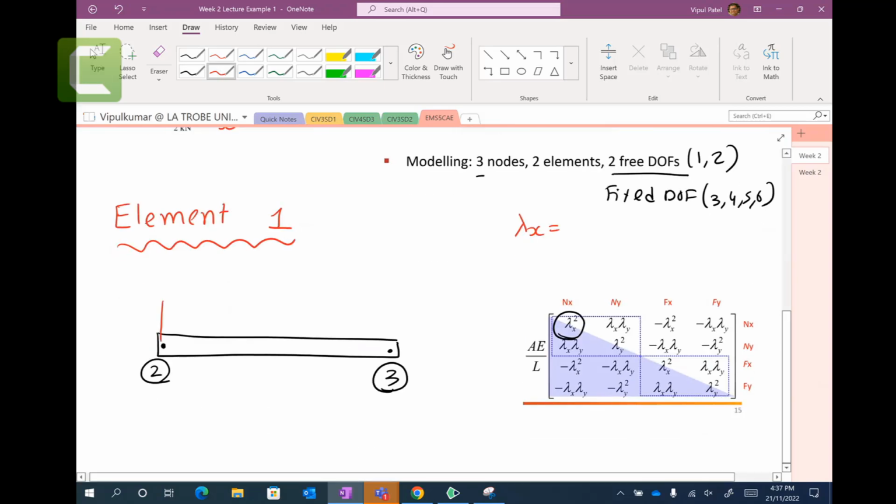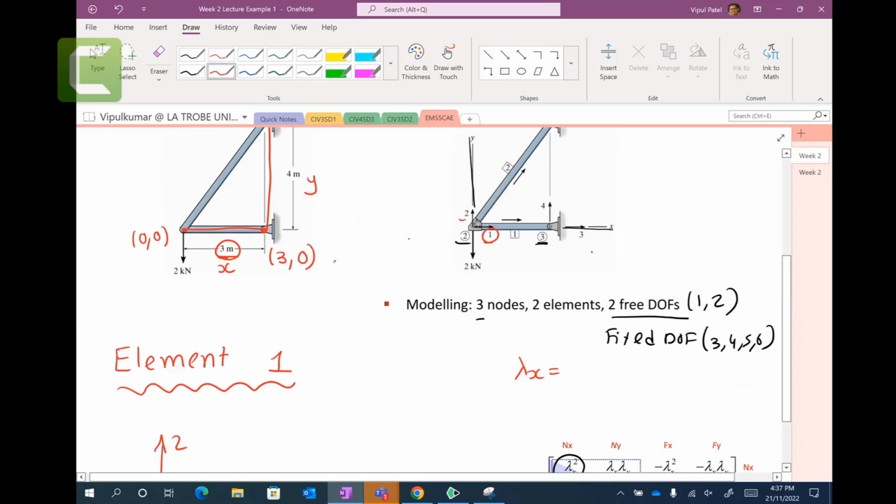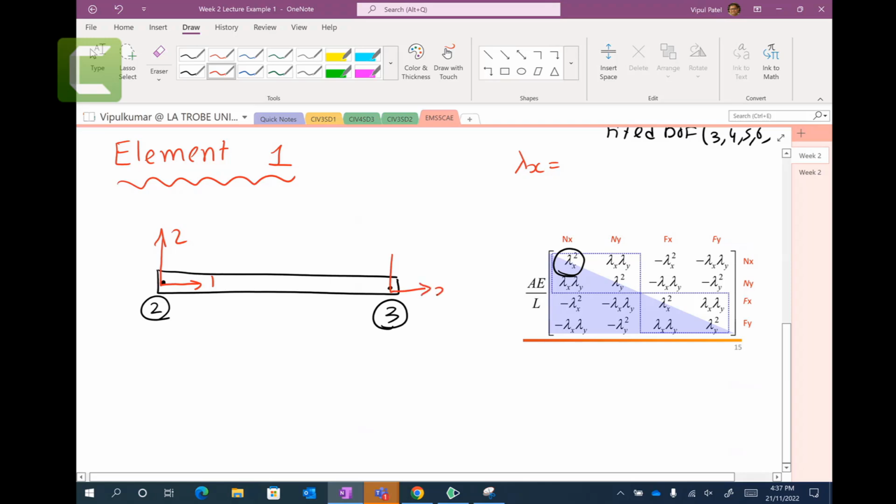I can put 1, 2, because you have 1, 2, and 3 and 4. So I can put 3 and 4. I can put the coordinates 0, 0 and 3, 0. Right? And the length of this one is 3 meters. What have I done? I just